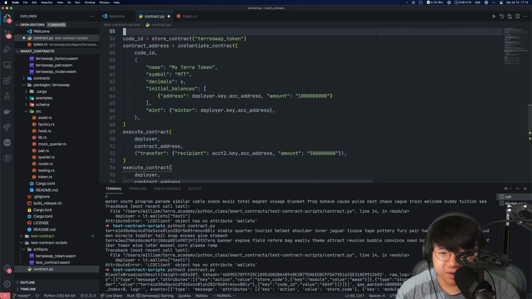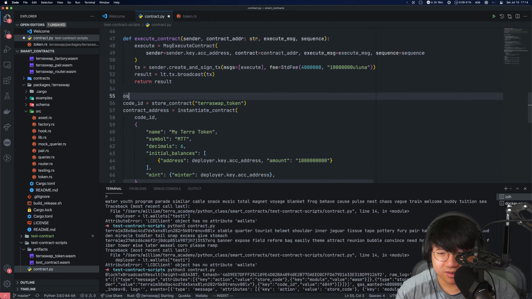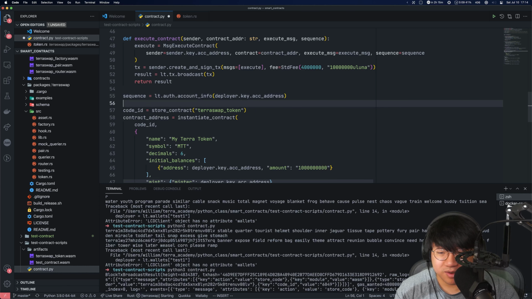Okay, so the first thing we need to do is get the sequence. So sequence equals to lt.auth.account info. And I'm going to get the account info of deployer key.ac address. Right, just make sure this works.